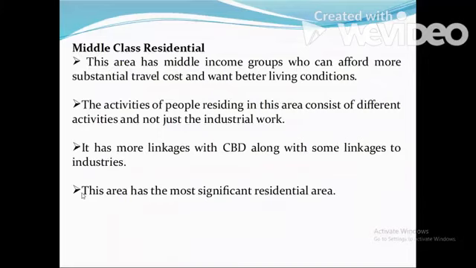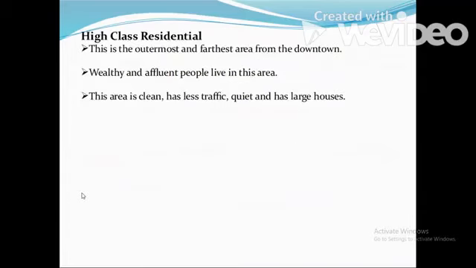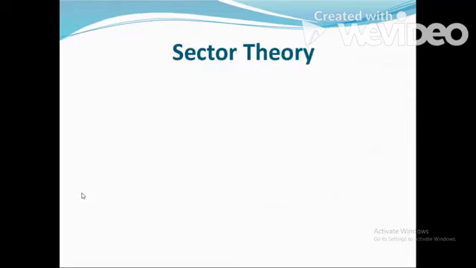And over here, people are commuters, so they can afford more substantial travel cost, and they can afford better living conditions. Then we have the high class residences, which are found in the farthest zone from the CBD area, and the wealthy people can afford this place because it is quite clean and traffic is minimal, etc. So, in short, about the sector theory,